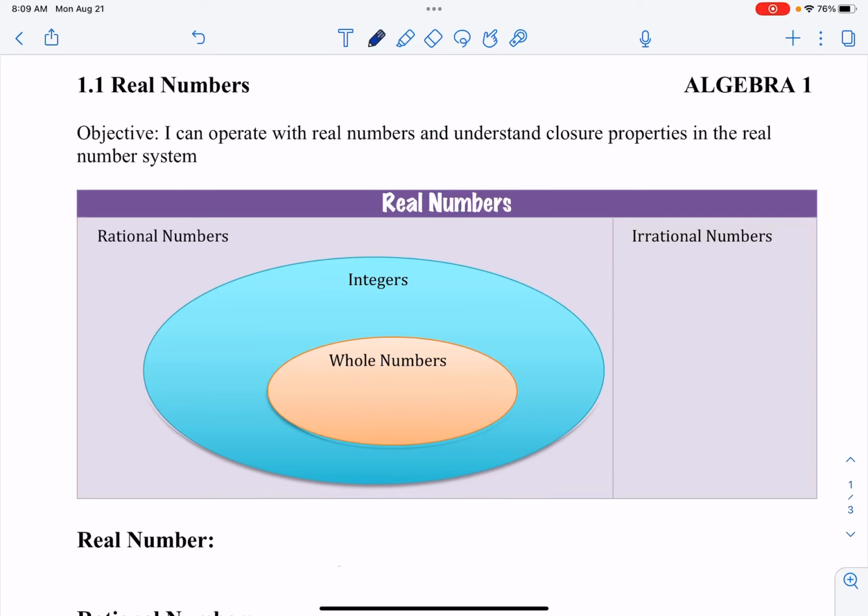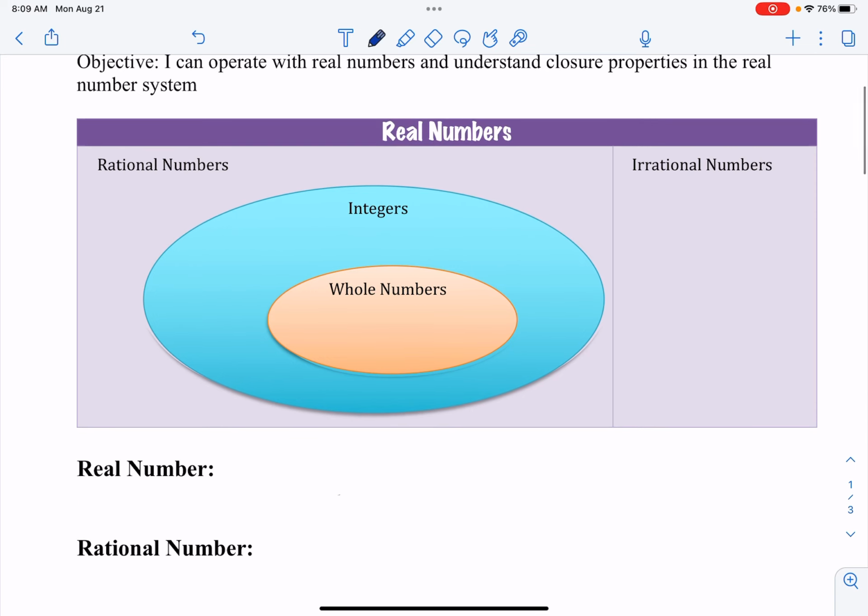Okay, section 1.1, real numbers. Our objective is going to be to operate with real numbers and understand closure properties in the real number system. So before we can operate and understand this real number system, we need to know what the real number system